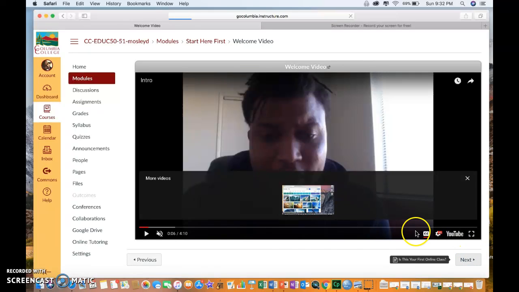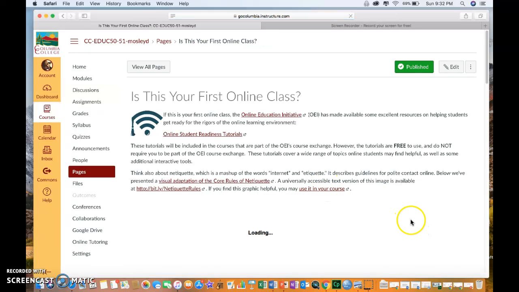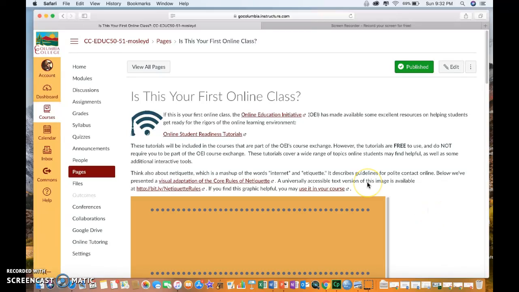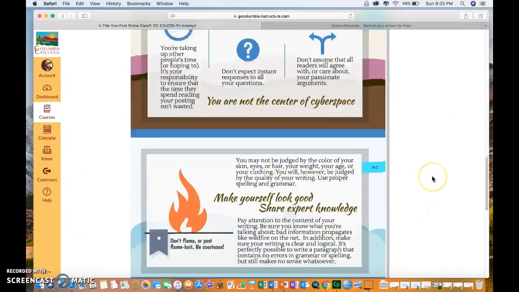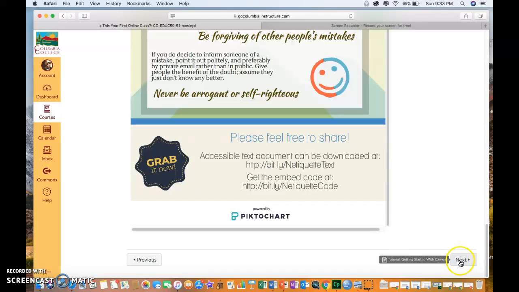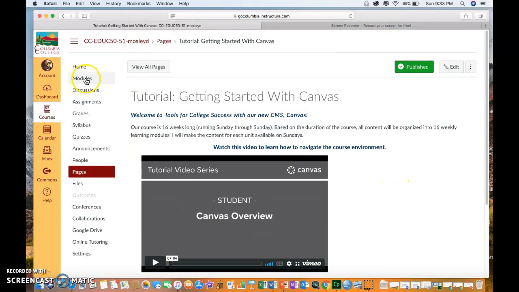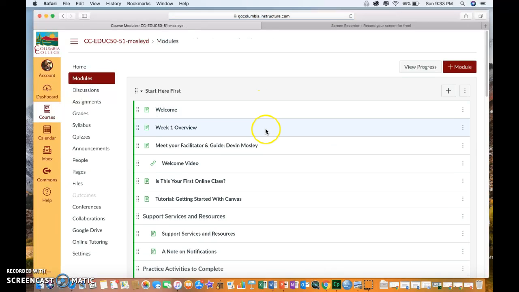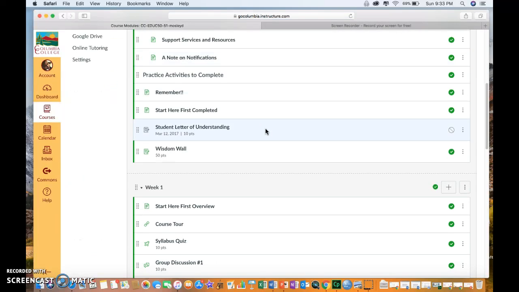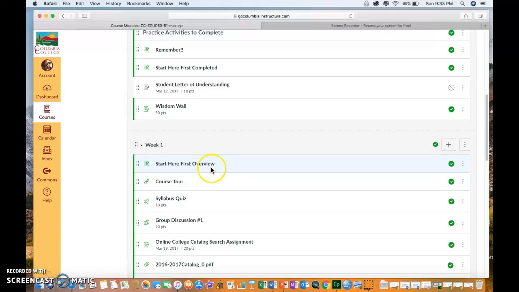And so then we move forward, and this is more of the start here first guide with the netiquette and everything. And we move forward. As a matter of fact, if we go back to the modules, we'll move down and go straight into the